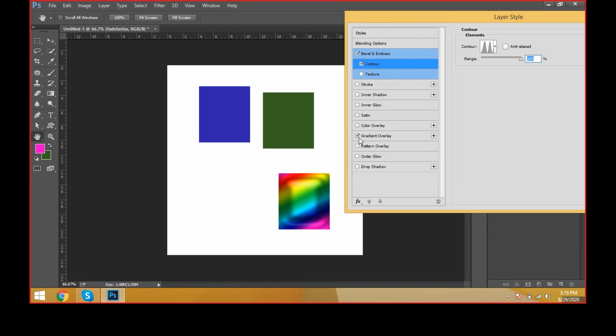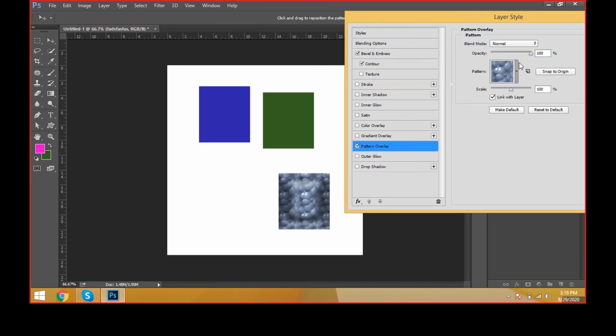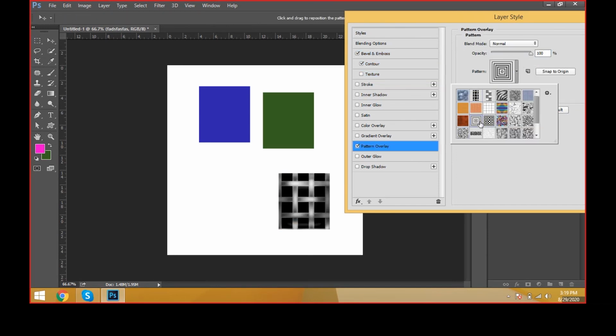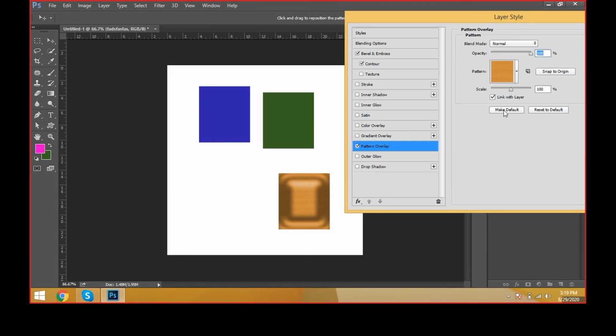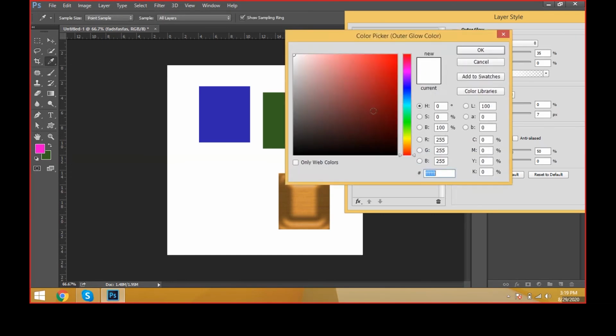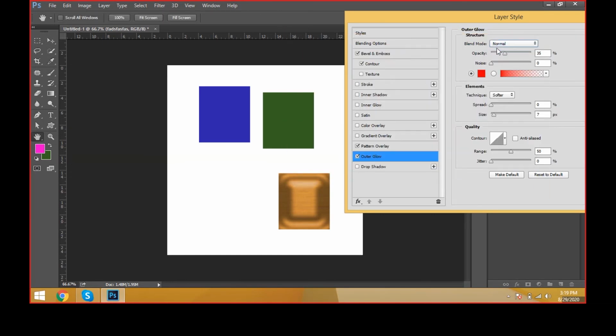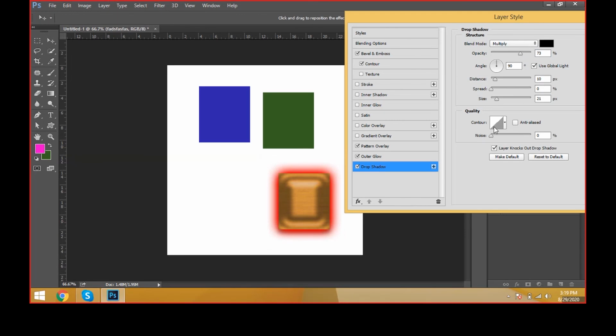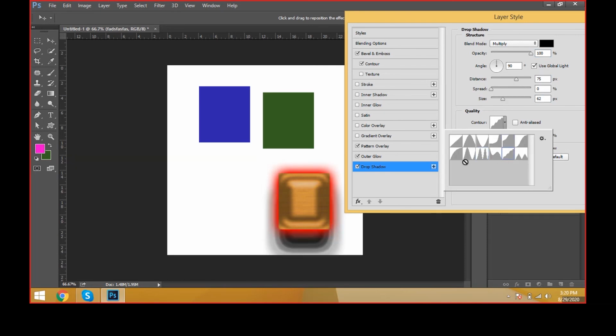And I would like to fill not a gradient overlay, I would like to fill some pattern. We can take a pattern. Already we saw the patterns in the previous sessions. Like this, we can create the patterns and we can scale them. And outer glow, we can change the color and keep the blend mode normal and give the shadow like this. This is the outer glow and drop shadow. I can increase the size, take a distance and change the opacity, and go to the contours.